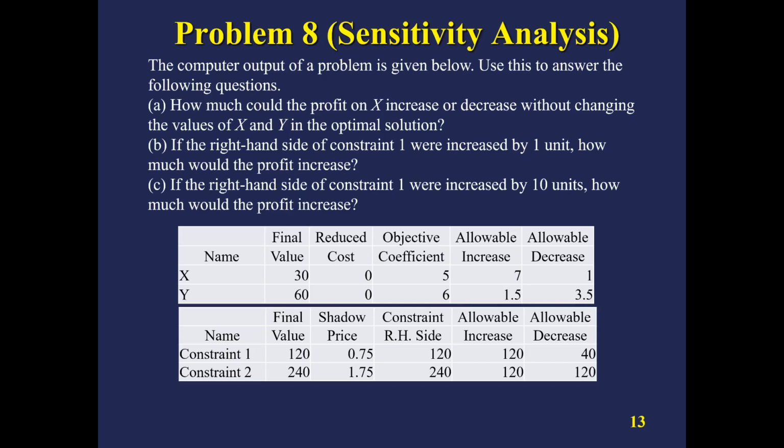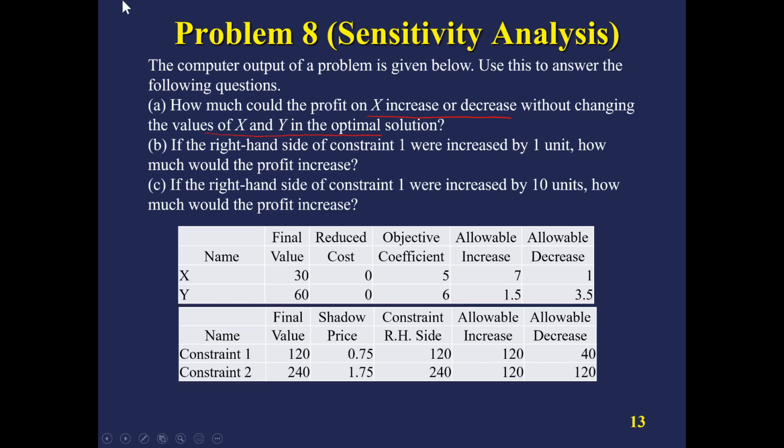from Excel, and we have to find out how much. It's asking how much the profit on X can increase or decrease without changing the values of X and Y in the optimal solution. We can see from here